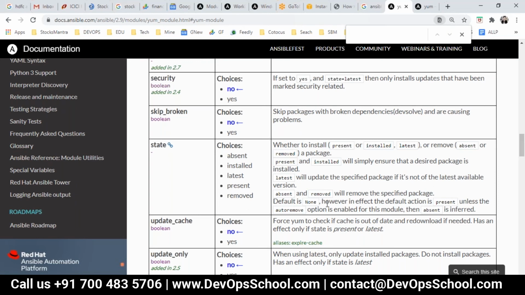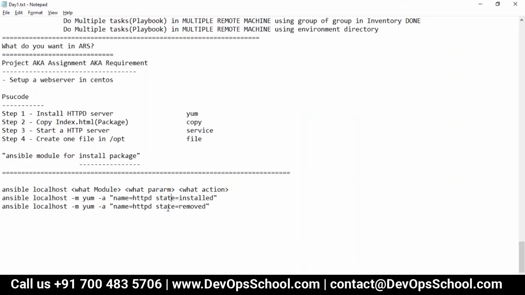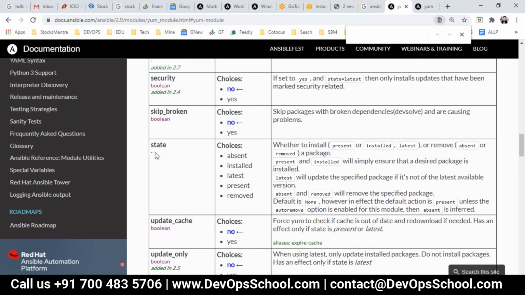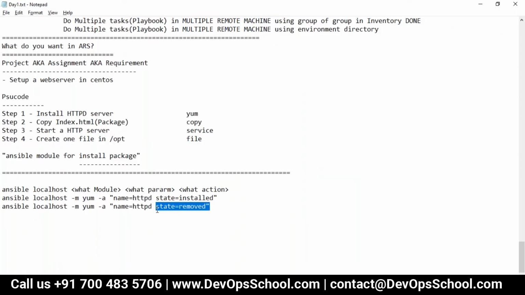Okay, so one task can have one module. Similarly, we will have only one state. Can we combine? One parameter, no, only one choice. See, it's choices. Choices means either this or this or this. You cannot have multiple choices here. So if I have to start a service and enable it, I have to write two tasks. Correct.